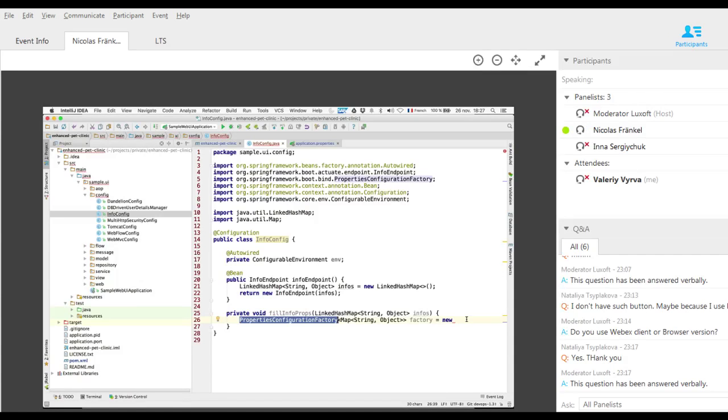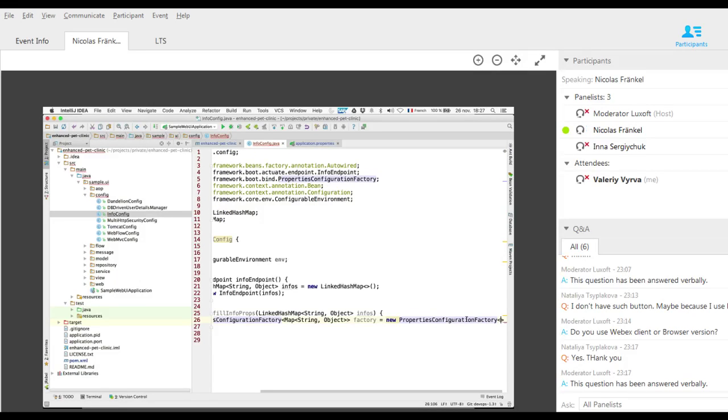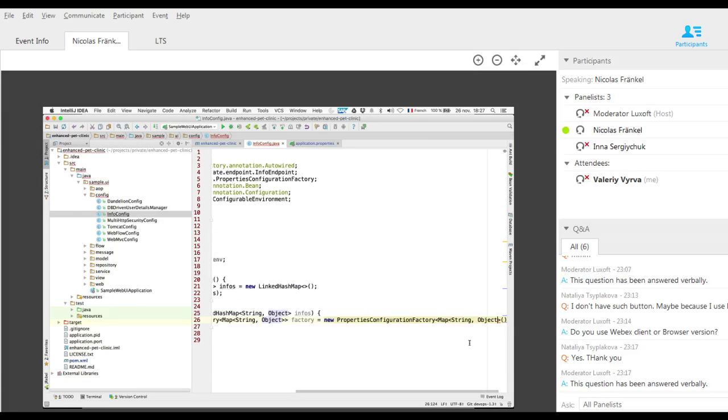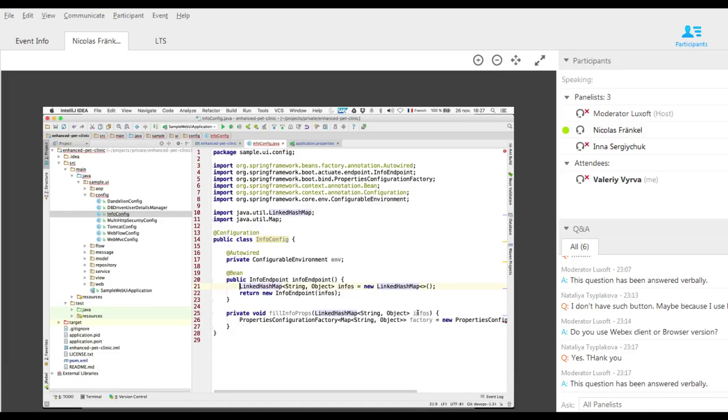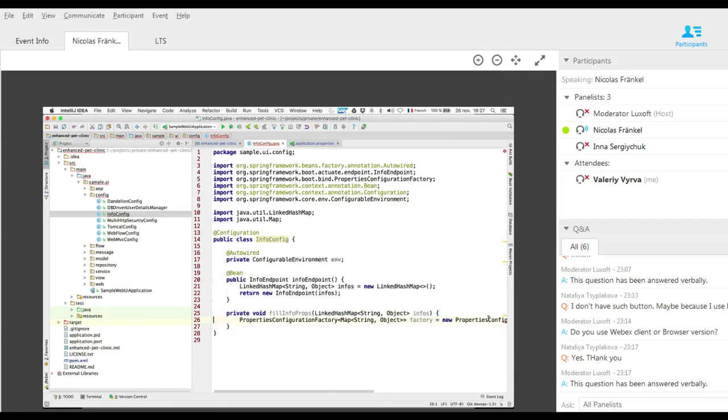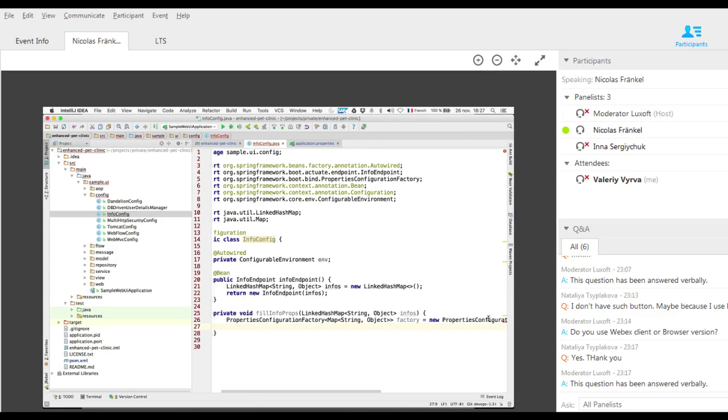So I will create this factory. Sorry, I forgot about that. Oh, what did I create? New linked hash map. I will have to create a new linked hash map again. So I have to provide an object of this type. And then with this factory, I will say